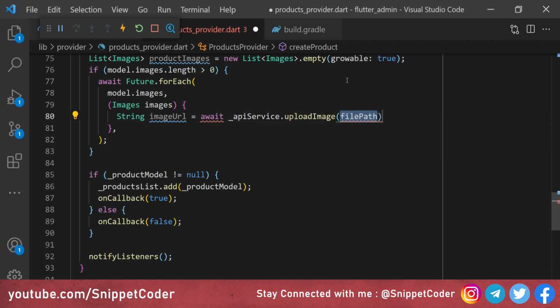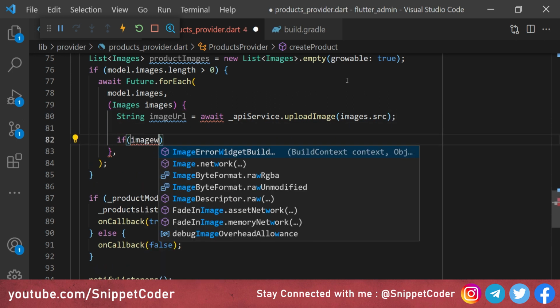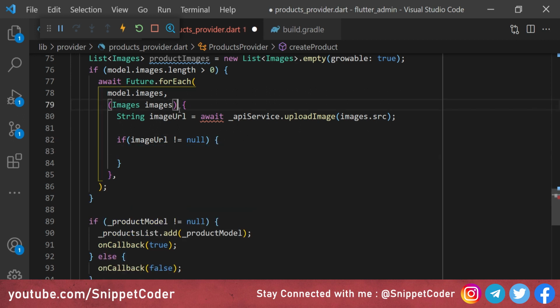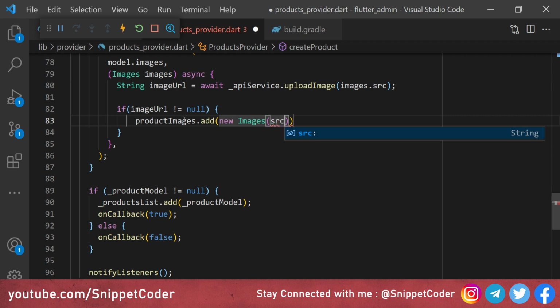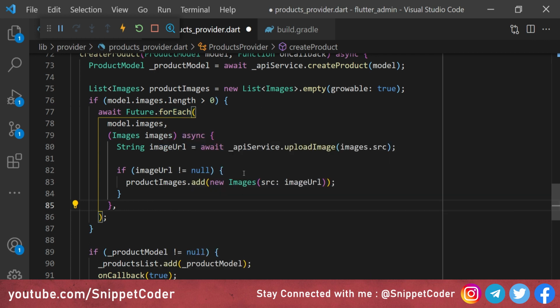here we will pass images.source, and we will check here if imageURL is not equal to null, that means the image has been successfully uploaded. And here we will put async. Then we will add productImages.add, and here we will add new images, and here we will define the source imageURL. So suppose if we have more than one image, then it will do the loop for each and every image, and on the successful image uploading it will add all the image URLs in our